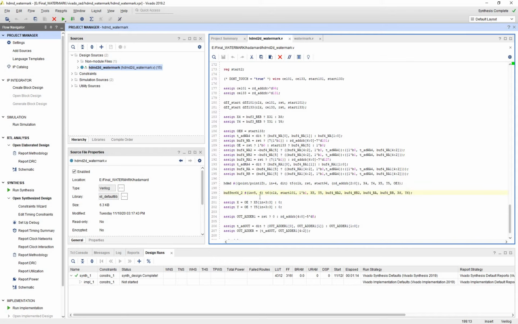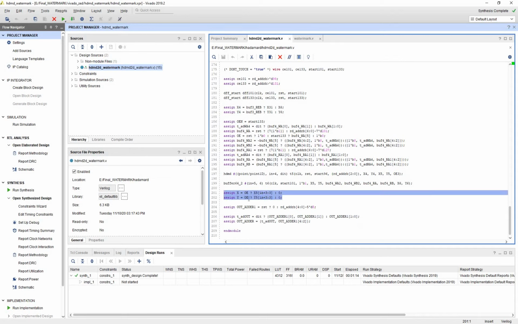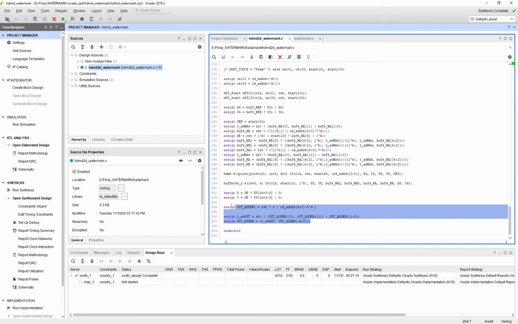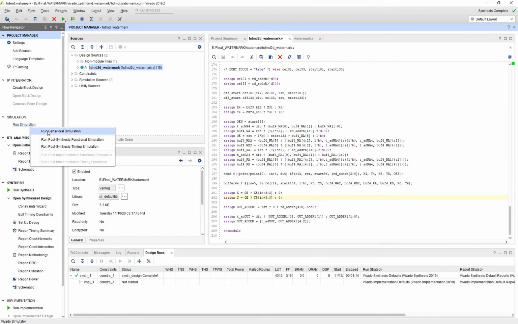Once the buffer 64_2 has completely stored the 1D inverse Hadamard transform, from the buffer 64_2 the T6 module, the T5 inverse Hadamard transform module, will read the input coefficients. Again it will go for the 2D inverse Hadamard transform. Once the 2D inverse Hadamard transform is completed, it will generate an OE output enable signal along with its out_address 1. Once it's completed, the final values will be present in the X and Y coordinates. We'll look at the simulation.